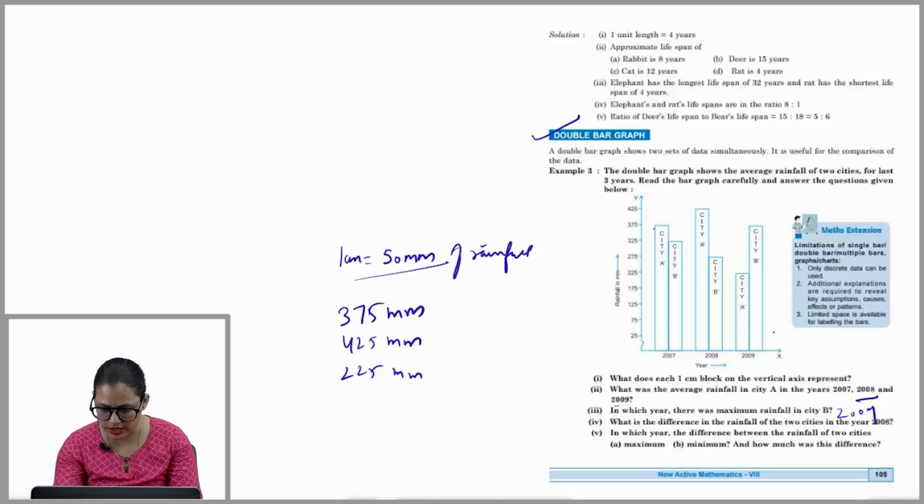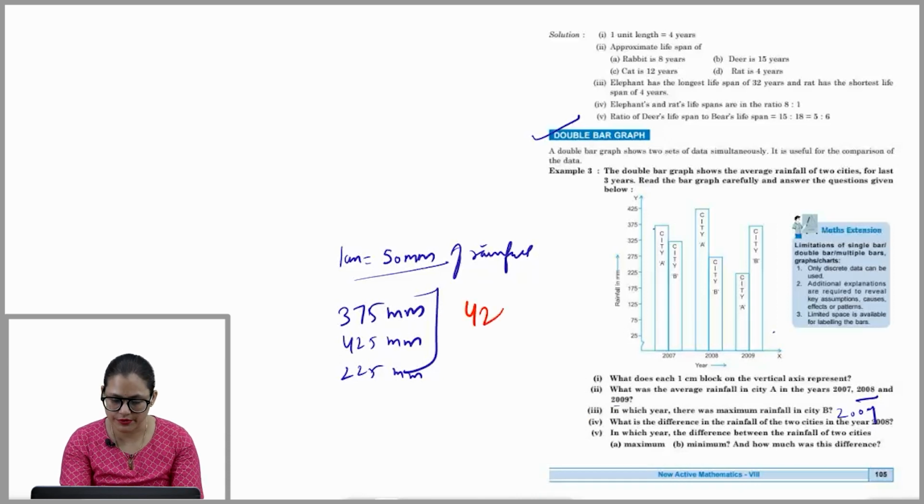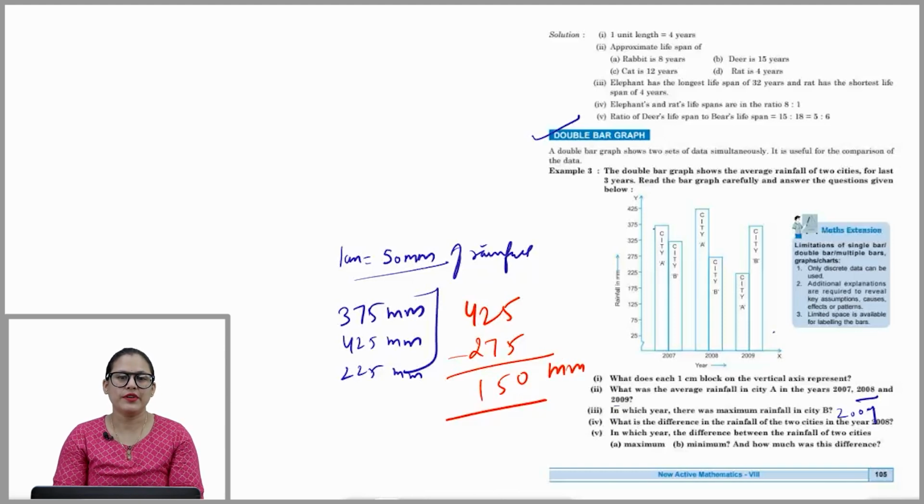Okay, 2008, if we compare, okay, we have to find the difference. City A 425 and city B how much? 275. Okay, and let's find the difference. 150 millimeter. Okay. And the fifth question is, in which year is the difference between the rainfall of two cities maximum,